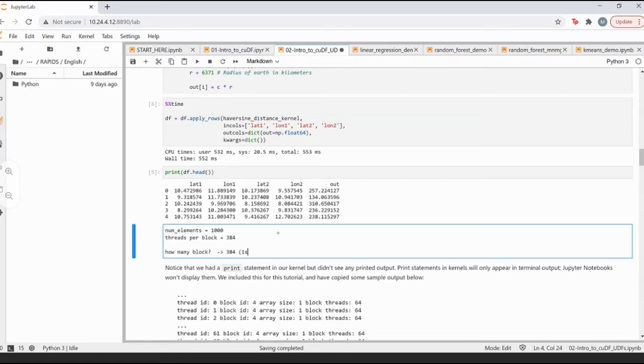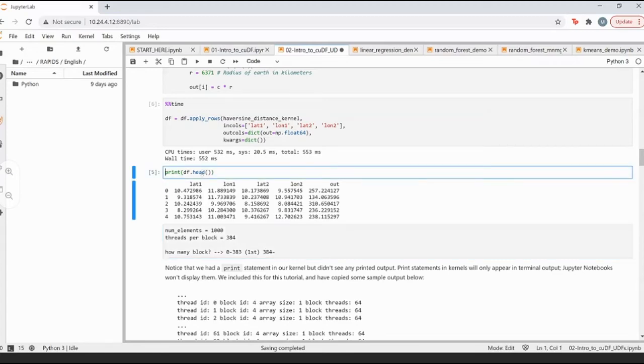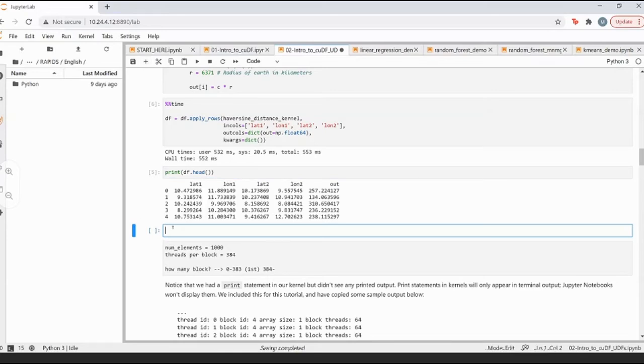This is my first block, from 0 to 384. The next one is basically from 384, my bad, I thought this should be 383. It will go from 384 to, let me quickly do this, 384 times 2, which is 768.